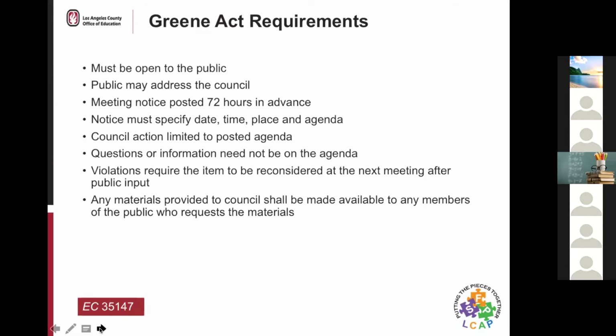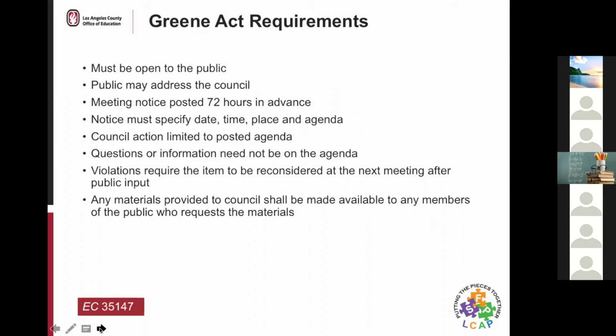The Green Act applies to advisory committees, councils, and those kinds of groups, as opposed to the Brown Act, which is more stringent and applies to school boards and groups like that. So this is not as stringent as the Brown Act, and councils and advisory committees follow the Green Act, not the Brown Act. That's often confused.